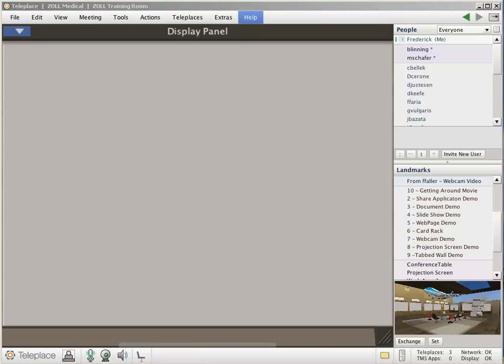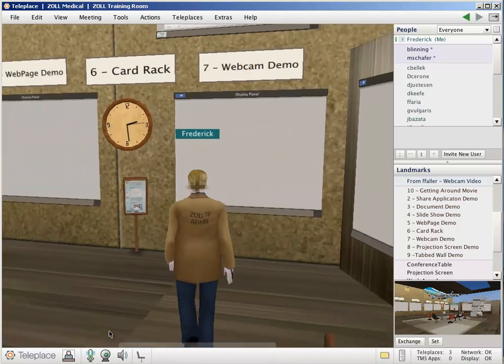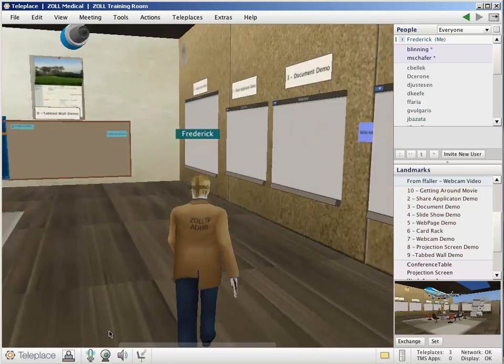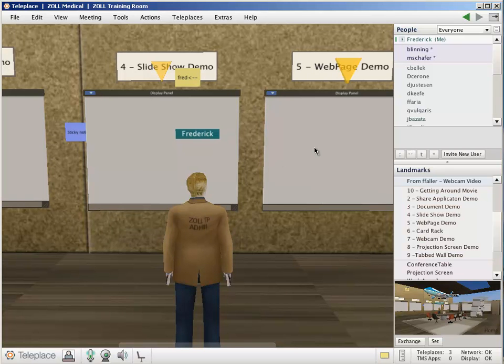So this is a brief introduction to Teleplace. One of the things you'll realize is that it's really up to your imagination as to how you might use this. I can tell you that we've used it for design reviews, where on a central panel we might have a CAD system set up with an Excel spreadsheet on the panel next to it,